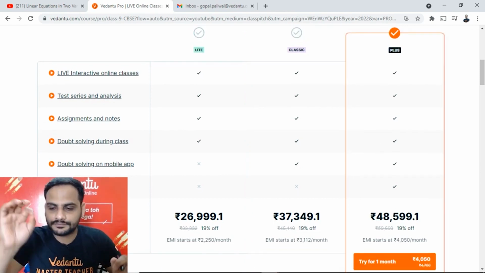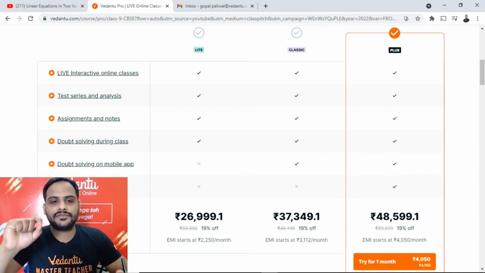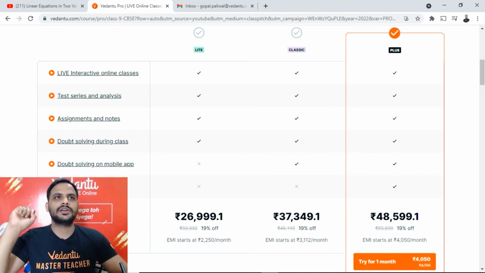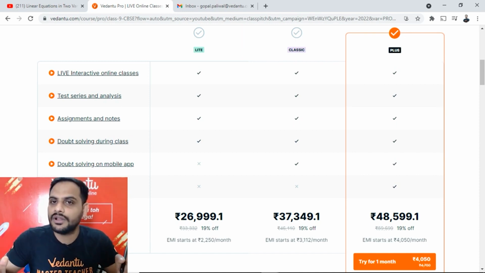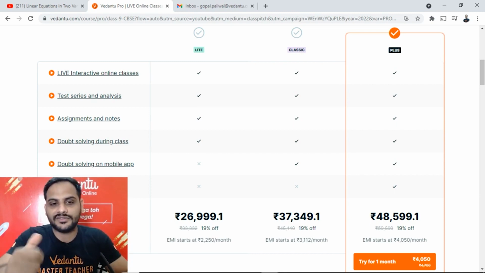Then comes Pro Plus. Now Pro Plus is the course for those students who are really not that motivated, maybe because in the previous grades they didn't get good marks, and they need some motivation, they need a strong support system to prepare throughout this journey. So for them, Pro Plus is a very good option, because it comes with all the features of Pro Classic, plus one more extra feature, which is a rigid support system, which is a personal mentor. The personal mentor will make things very comfortable for you.